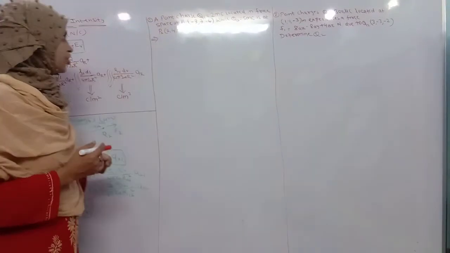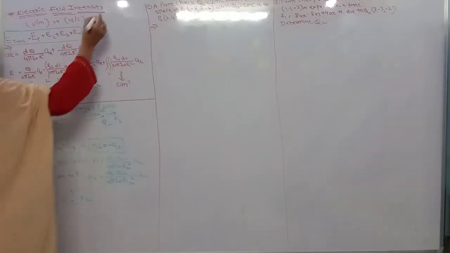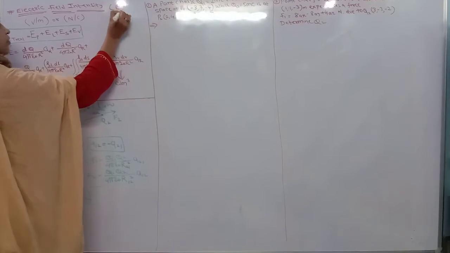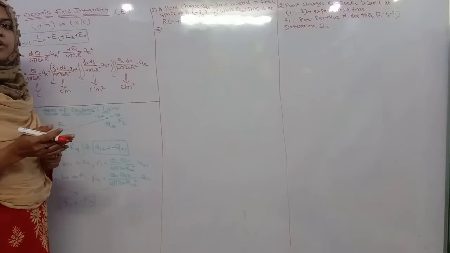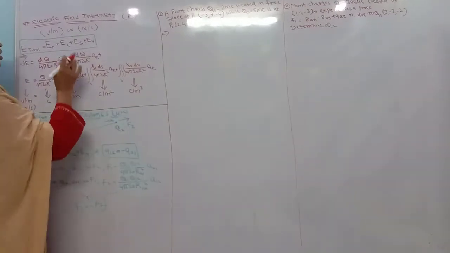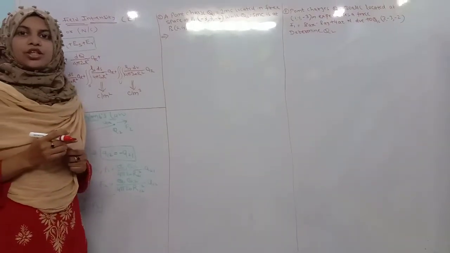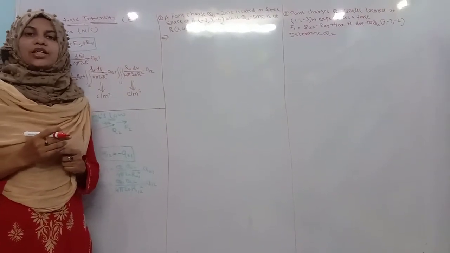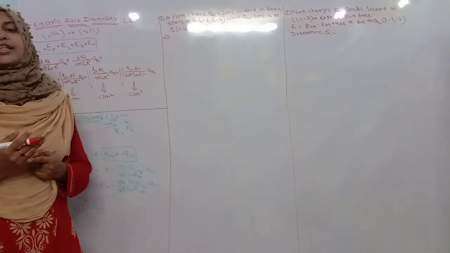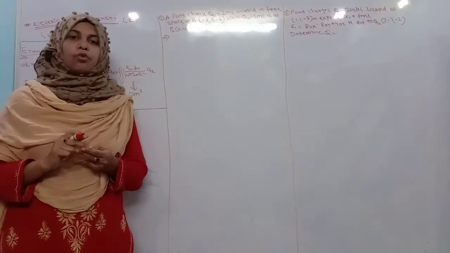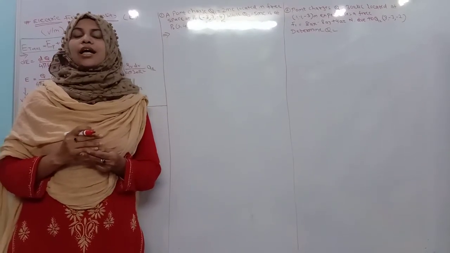Okay, so what I mentioned here is the electric field intensity, which is denoted by E, and this electric field intensity is measured in volt per meter or Newton per coulomb. Okay, so already in the last session we have seen how total electric field intensity can be calculated. If you observe, the electric field intensity can be calculated at the point charge, at the line charge, at the surface charge as well as at the volume charge.